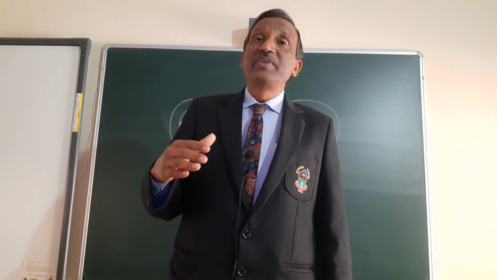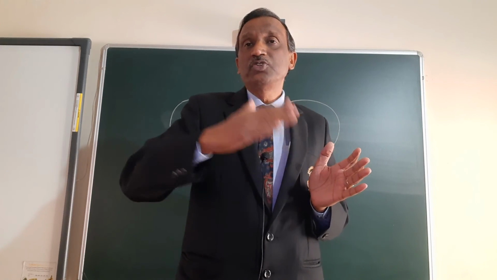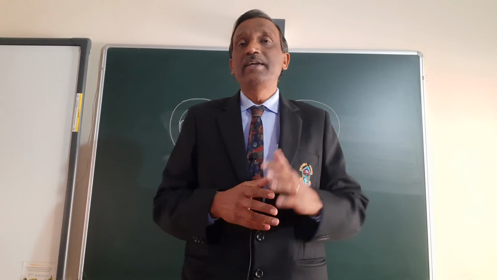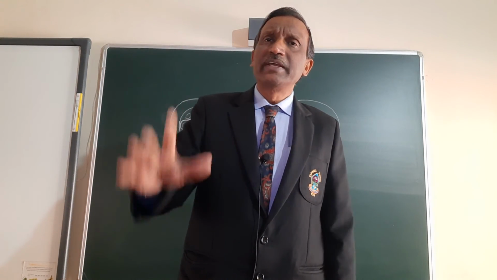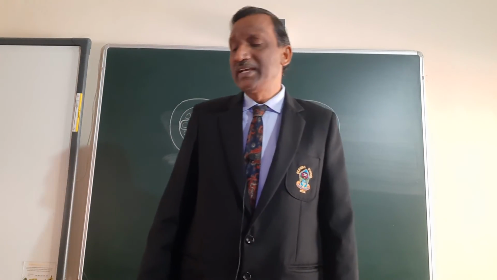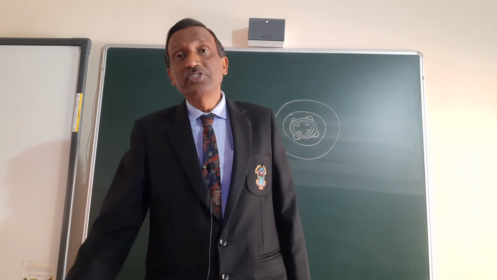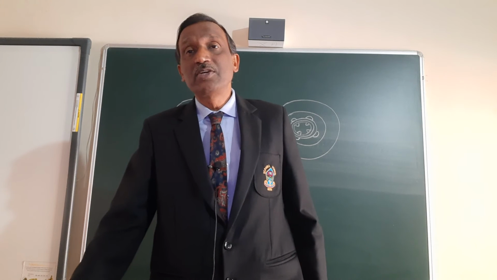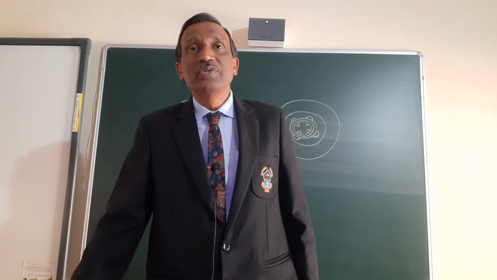Then this cambium ring forms a new set of phloem outside and a new set of xylem inside, which pushes the primary xylem right inside and the primary phloem outside. In due course of time the primary phloem will disappear, because phloem is a soft tissue, not like xylem. Xylem has tracheids and vessels which have thick depositions, so you cannot crush it. They do not get damaged, destroyed or squeezed.